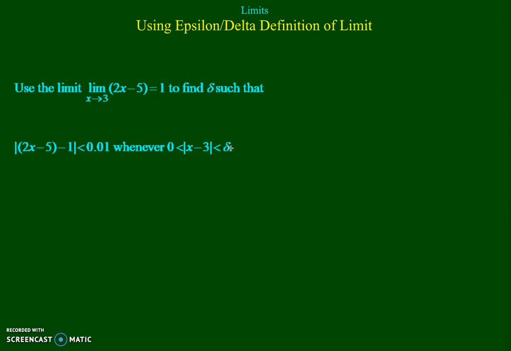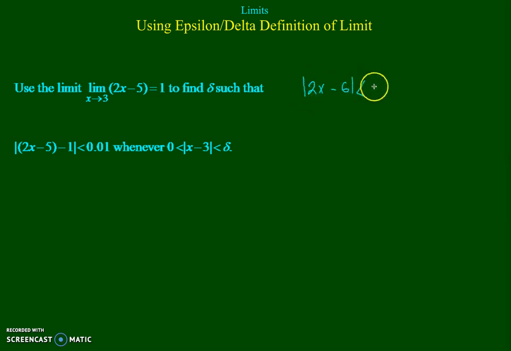So the easiest way to proceed is to see if we can somehow match this expression with this one and find an expression x minus 3 somewhere in here that will give us our delta value. We can expand this piece, and on the right hand side we'd end up having 2x minus 5 minus 1, which is 2x minus 6, and the absolute value of that